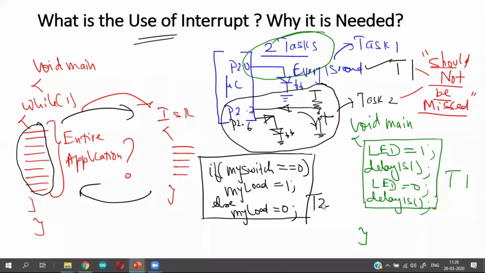Now the condition given here is the microcontroller has to equally execute both task 1 and task 2 without missing any one of the two. That is the condition. Now you have to tell me, where will I insert this segment of the code so that the microcontroller doesn't miss it.